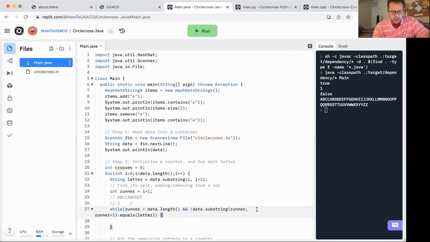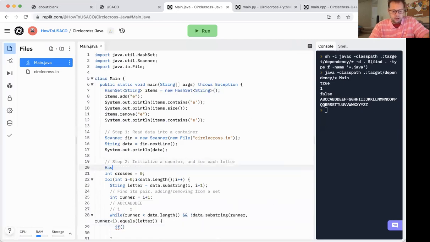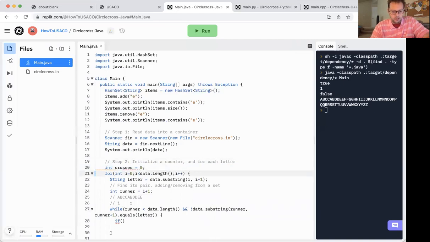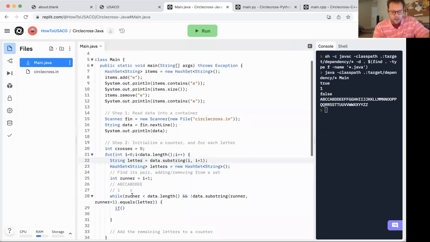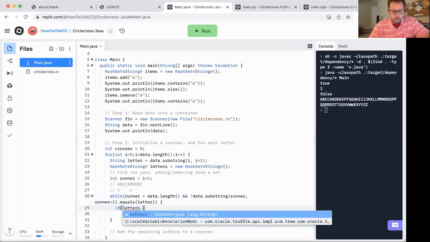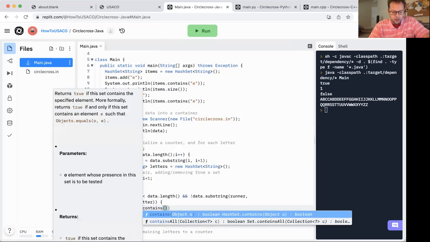So while that runner is not equal to that letter, I'm going to check the hash set. Oh, I need to make my hash set. Let's do HashSet of string letters equals new HashSet of string. Actually, I'm going to move this into the scope of the loop because this is on a per letter basis. For every letter, I need a collection of all of the letters I encountered up until I found its partner. So while runner is less than data.length and the data substring from runner to runner plus 1 is not equal to letter,